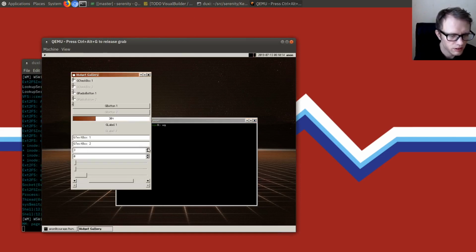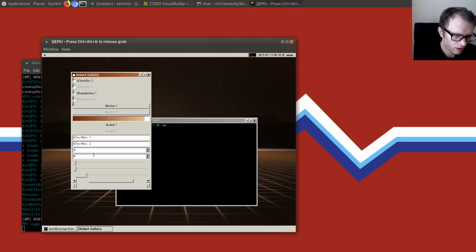Like if I click on this spin box up arrow here, and if I hold that down, I expect the number to keep going up, right? And it doesn't here. It only goes up once I actually click it. And likewise for going down, I would like it to go down